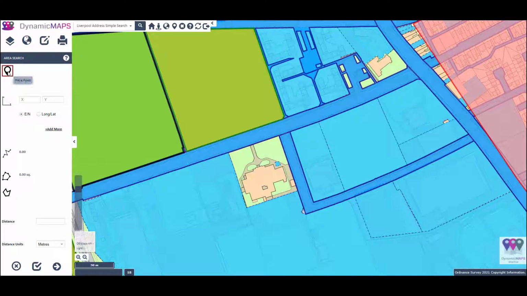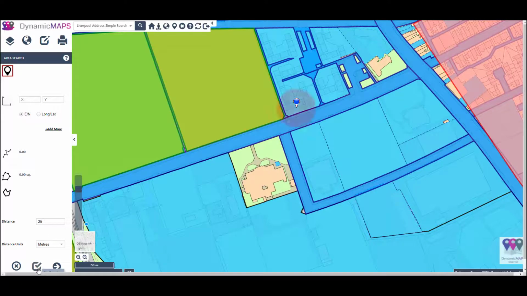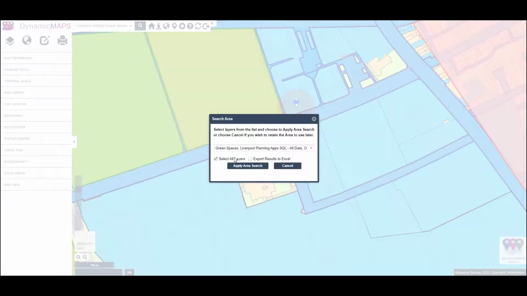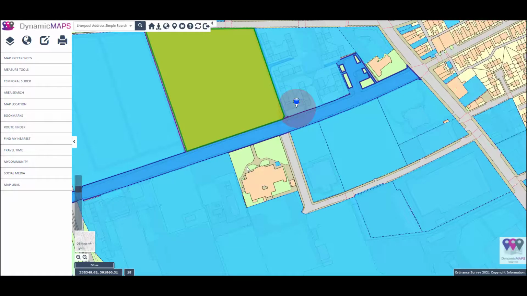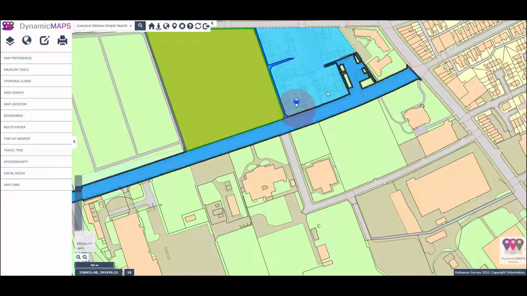Using the MapThat Area search tool, we've always had the ability to undertake spatial analysis to understand what constraints might be near or within a certain distance of our proposed planning application. By applying the buffer, we can select the features and also export those features to an Excel file, which could then create our Con29 report. In this case, it's just filtering the features within the map, and geographically we can see what might be affected